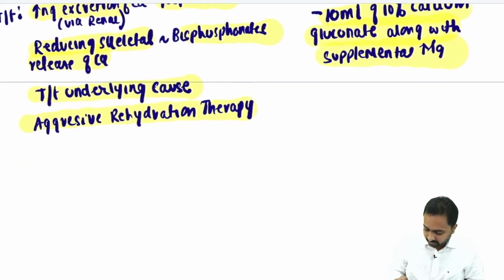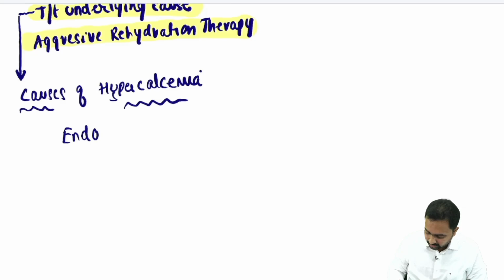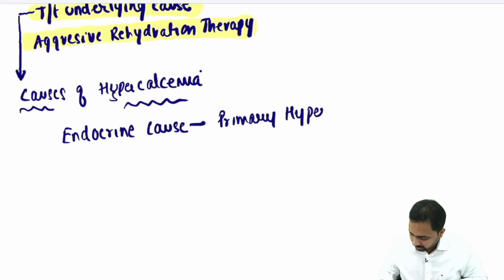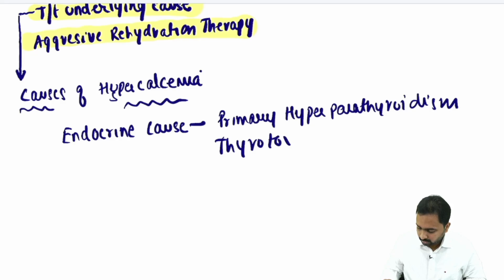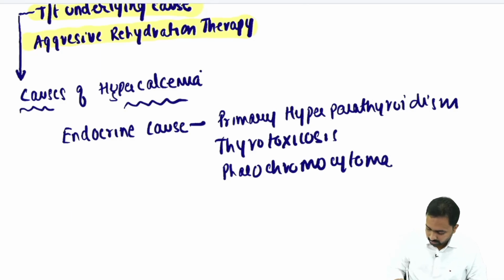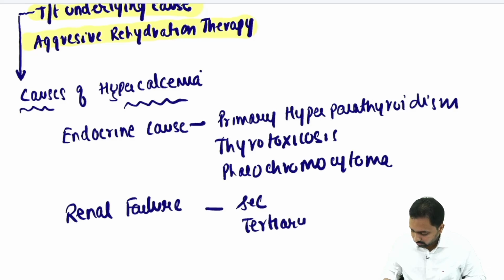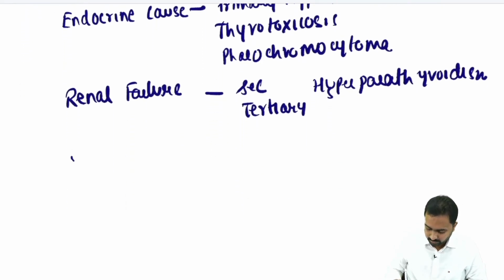Now, when I have discussed that treatment of underlying causes, let's just shed light on various causes of hypercalcemia. We can divide the causes, like the endocrine cause. The endocrine causes would be primary hyperparathyroidism, thyrotoxicosis, pheochromocytoma. It can be due to renal failure, which is secondary and tertiary hyperparathyroidism. Then it could be due to malignant disease,